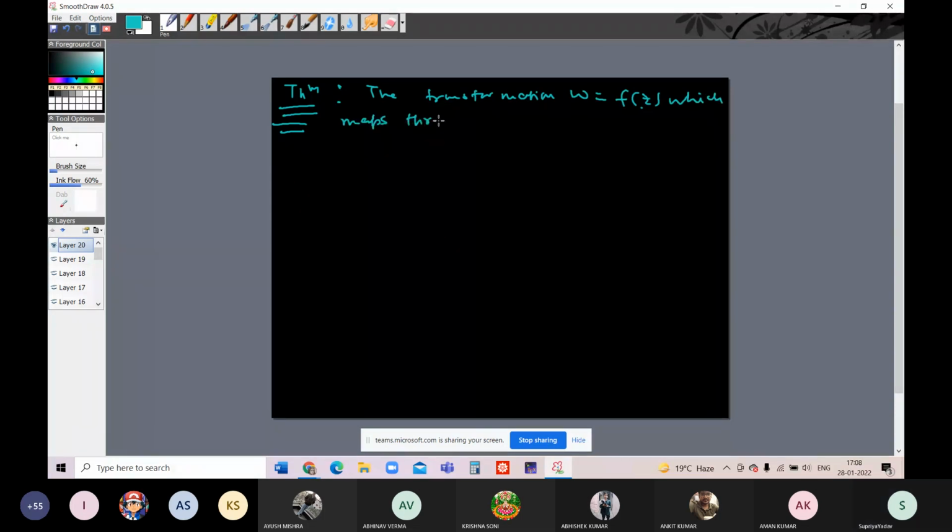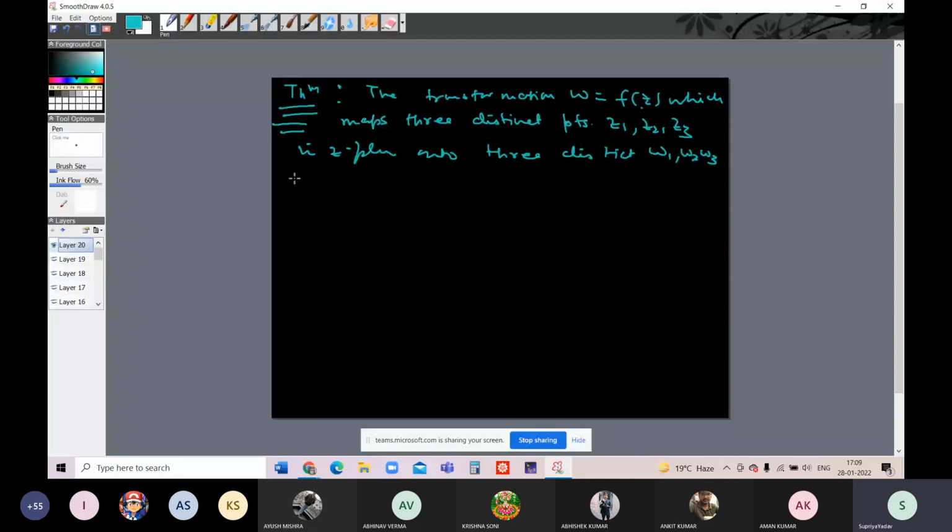three distinct points Z1, Z2, Z3 in the Z plane onto three different points W1, W2, W3 respectively in the W plane, is always unique, and it is given by